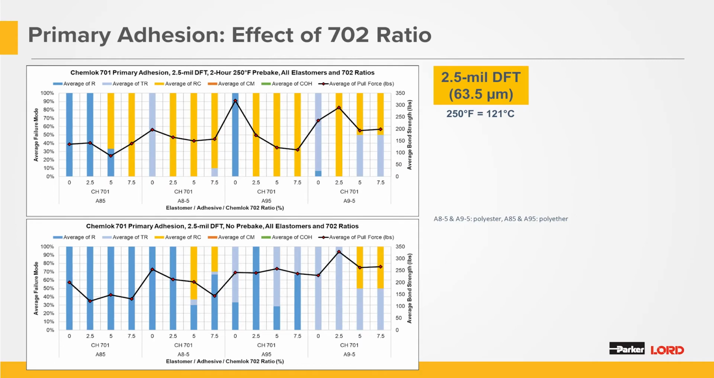250. As seen with the other dry film thicknesses, there are similar trends in the data with and without pre-bake at the 2.5 mil dry film thickness condition. The bond performance is the best at lower curative ratios, and we can observe bond strengths at both pre-bake conditions in excess of 300 pounds per square inch. The rubber retention is higher without a pre-bake, and the greater percentage of failure occurs with a pre-bake of 2.5